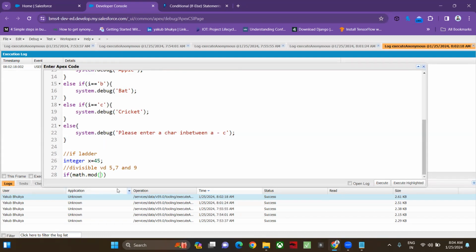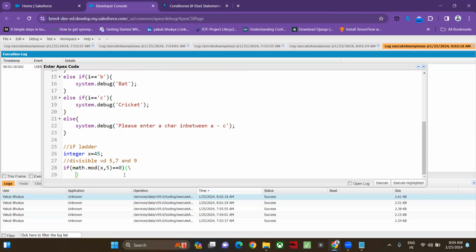Here we should specify a number, the number for which you want to check divisibility. Math.mod is a function, it will give you a remainder. So if you divide this number with 5, if it gives remainder as 0, then I want to display output like